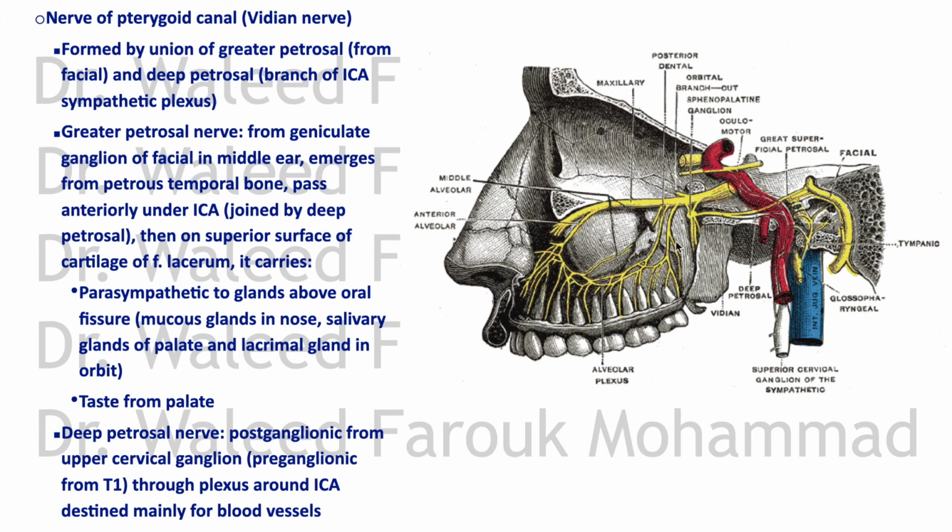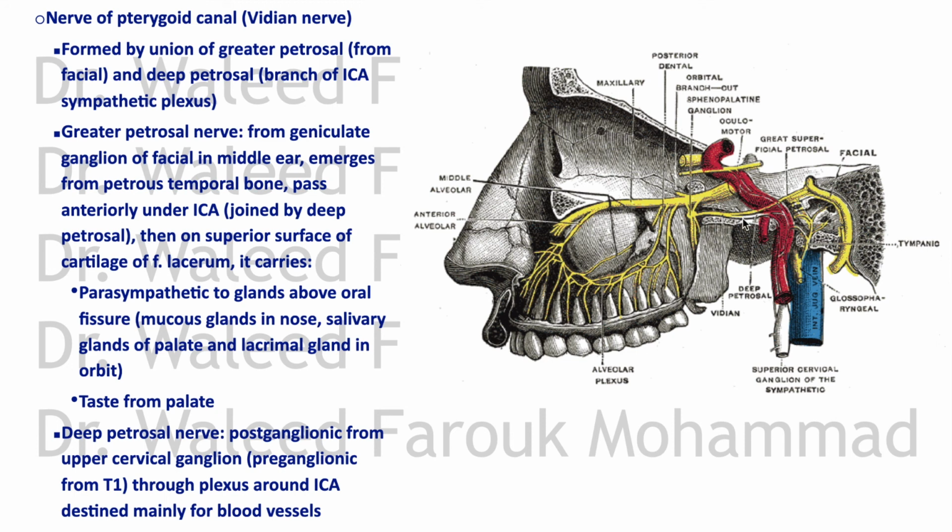What else? We have the nerve of the pterygoid canal. See? The nerve of the pterygoid canal is a union of the greater petrosal and the deep petrosal. The greater petrosal nerve is coming from the geniculate ganglion of the facial in the middle ear. It ran in its own canal and emerged from the petrous part of the temporal bone, passed under the internal carotid artery, and reached the upper part of the foramen lacerum, which is cartilaginous,